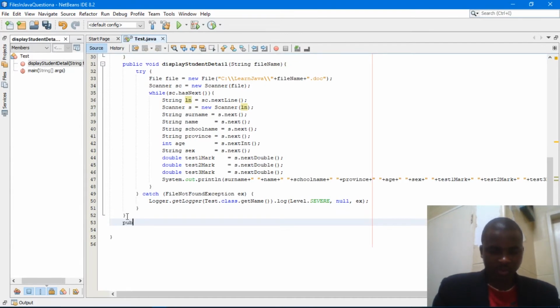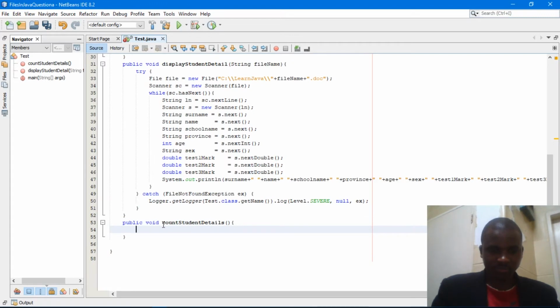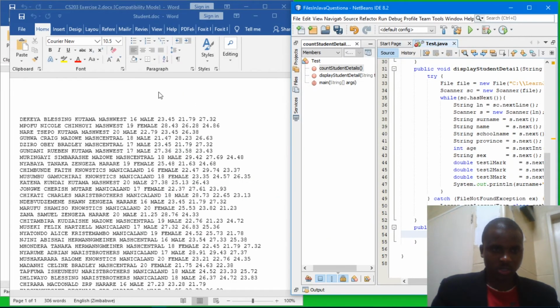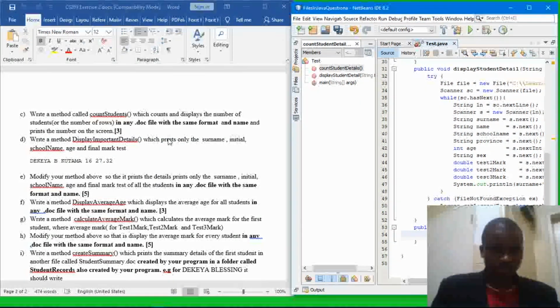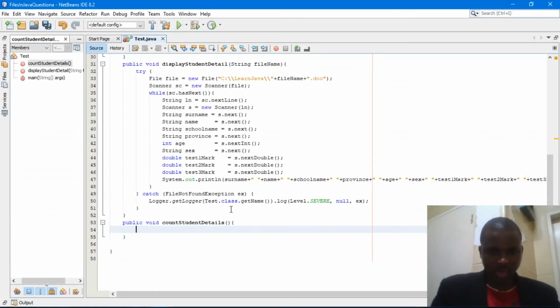It's countStudents. Okay, and then here, since we already have much of the code that we need, guys, I'm going to copy and paste some of the code from here, and also copy this, and I'm going to explain some variables that I'm going to use.